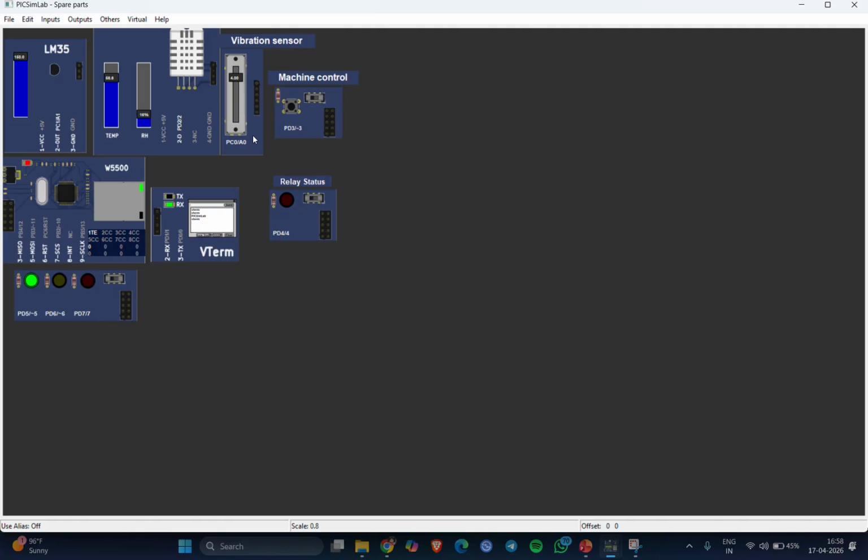Here we are using a potentiometer in place of a vibration sensor, which is not present in this software. It is connected to A0, and we are using a push button which acts as a machine control. It is connected to digital pin 3. We are using an Ethernet module, which consists of MISO and MOSI, where MISO is connected to the 12th pin, MOSI is connected to the 11th pin,